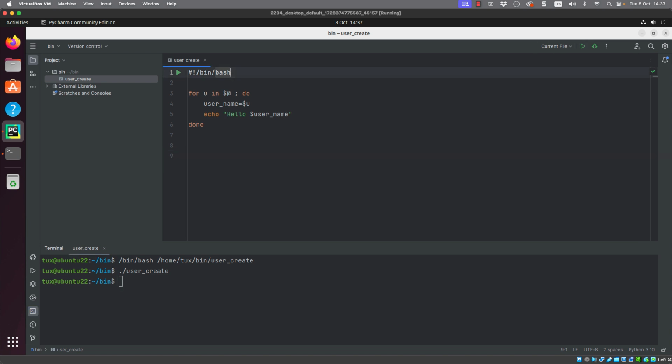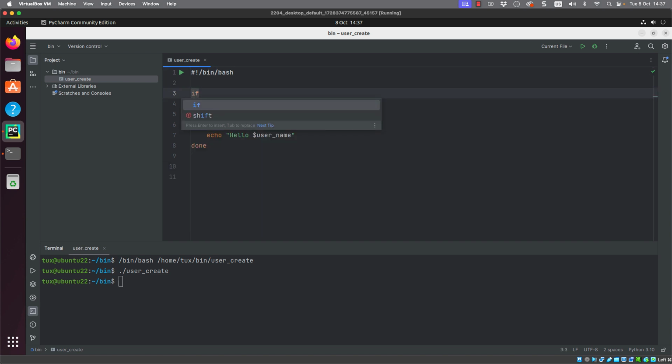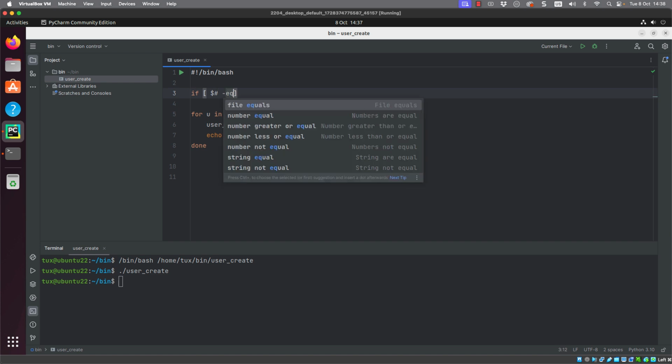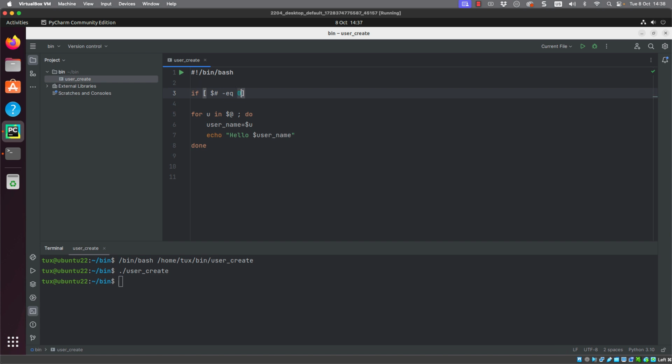So I'm going to go through and we can put an if statement. So literally the word if. We can use the square brackets to create a test condition. And we can look for $#. If we remember, that was our argument count. And we can specify if it's equal to 0, i.e. we haven't provided any arguments.